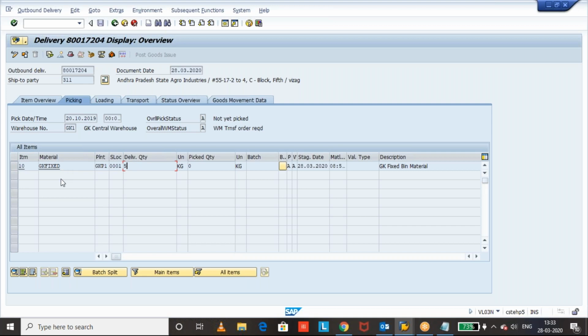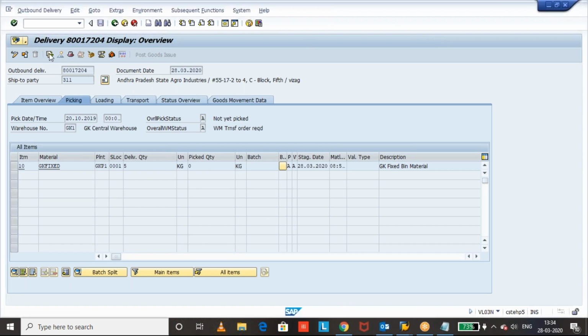What we have done after TO confirmation is reverse that transaction to get stock from the 916 bin, meaning the delivery, to the physical stock. We have taken it back from the loading area, and the stock is available. From there we have taken it and kept it in our warehouse.